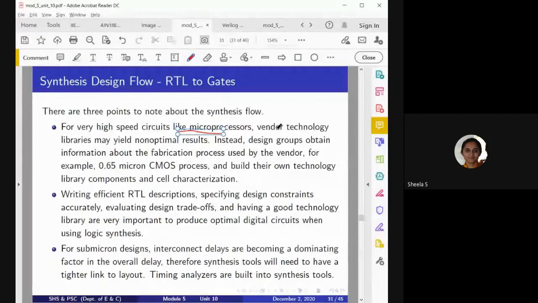Or else, when we are writing the RTL description and we do not have any issues with respect to the technology library, then we have to consider the corresponding RTL description. A very good RTL description will also generate an optimized circuit. Okay, for example, when we consider the same example, I'll take the full adder. There we will come to know when the sum output should be equal to 1 and when it should not be equal to 1. So like this we are going to consider, isn't it?